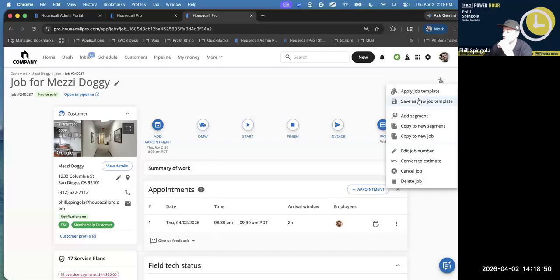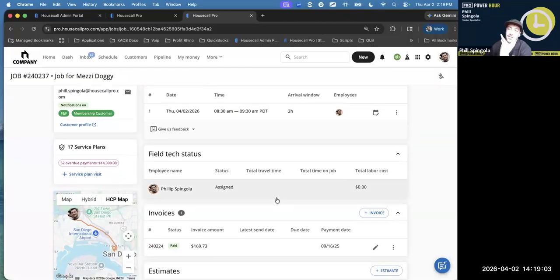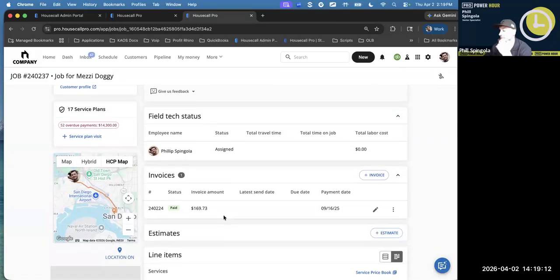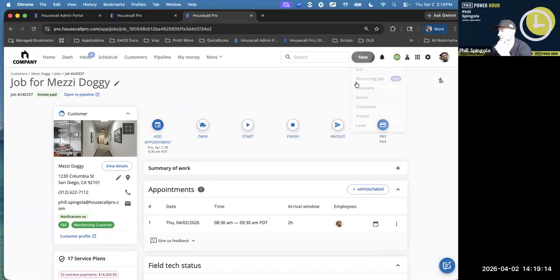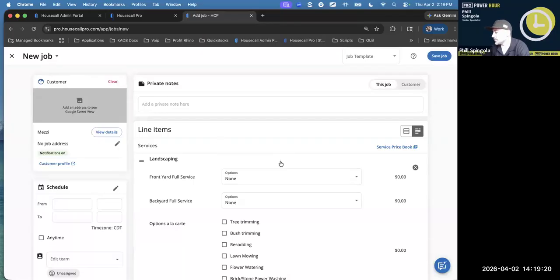Yeah, I was actually just showing my last pro about 30 minutes ago how to do this. But yeah, if you have work that you commonly do, like with a lot of the plumbing companies I talk to, the most common thing they have is clogged drain, clogged toilet. So in here, this isn't a good example because this is already an ongoing job, but let's try a different one. So we're gonna put customer in,